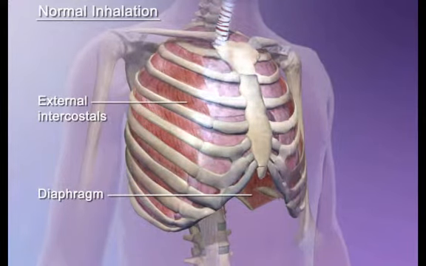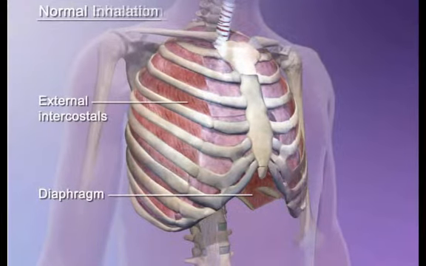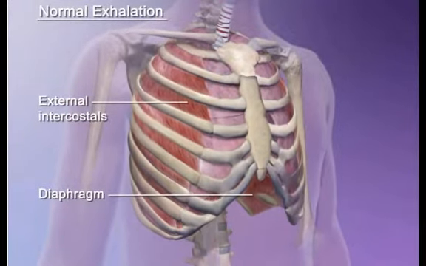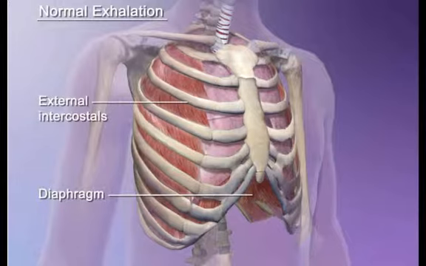Air continues to enter the lungs until their volume stops increasing and the inflowing air quickly achieves an interpulmonary pressure equal to atmospheric pressure outside at 760 millimeters of mercury. Conversely, if the lung volume decreases, interpulmonary pressure rises above atmospheric pressure and air flows out of the lungs, again